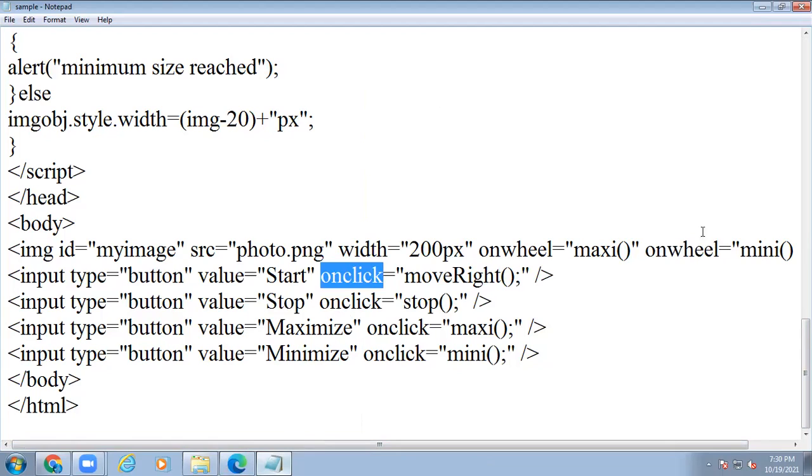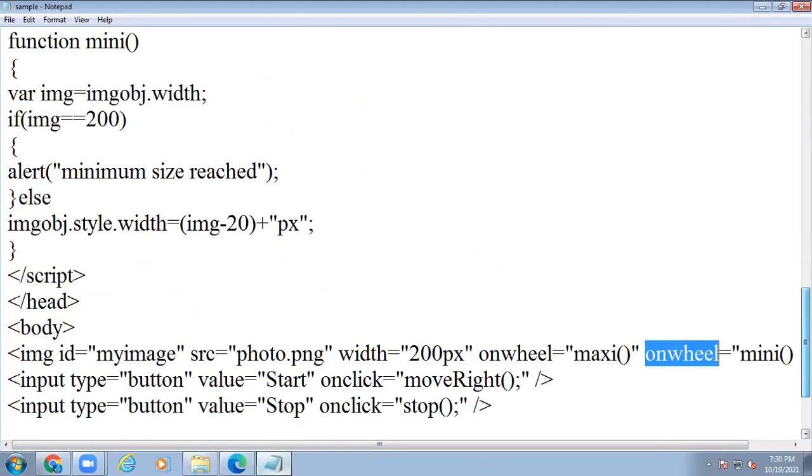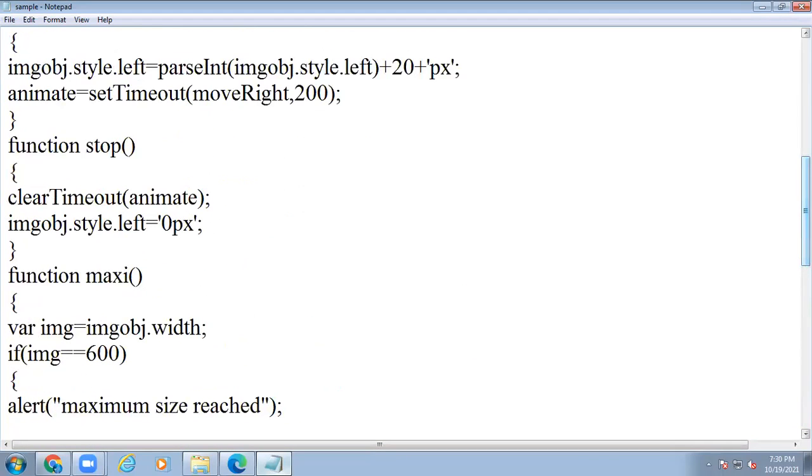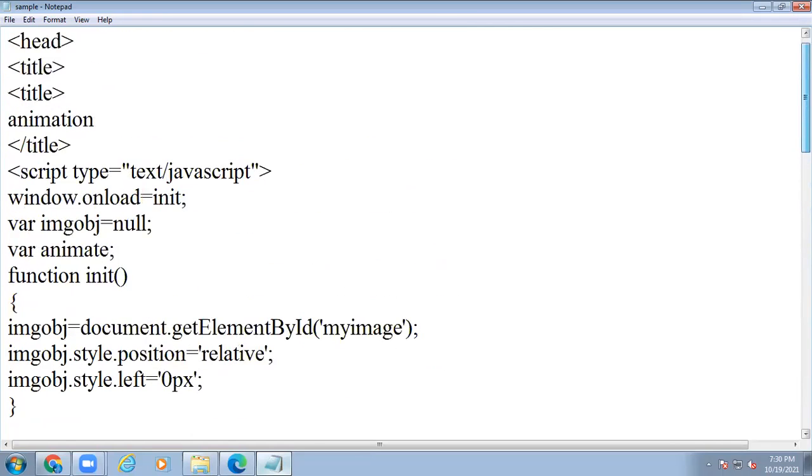These are the events: on wheel, on click, mouse over. We already discussed mouse over, mouse in, and mouse out in the last class.